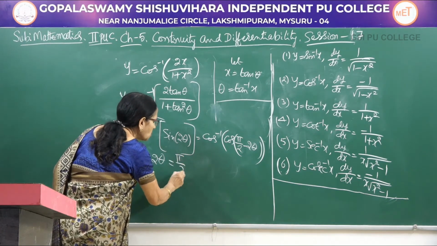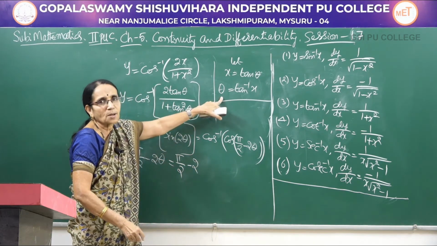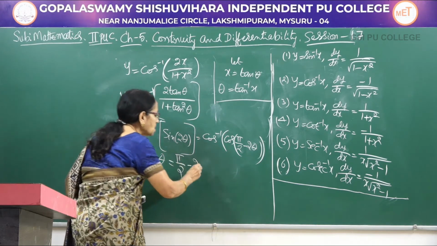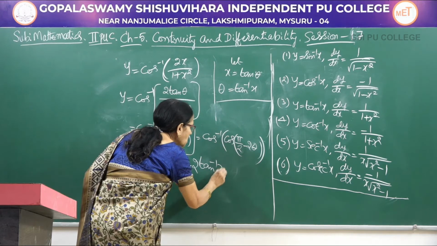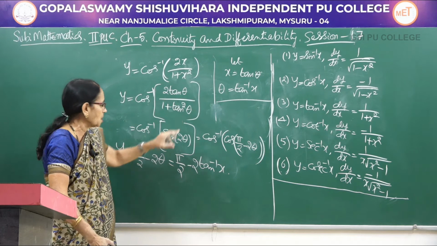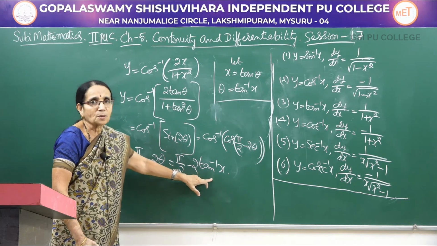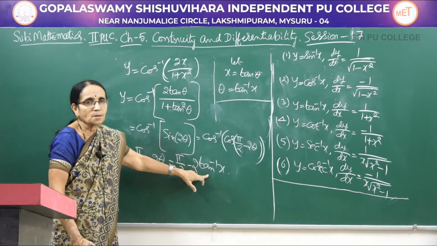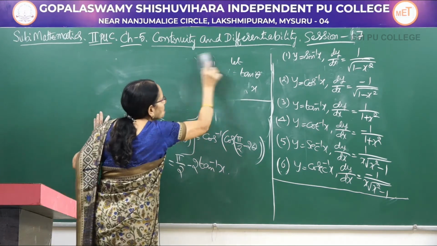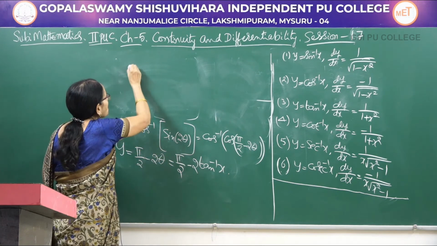That is pi by 2 you write as it is minus 2 into, now we go back to the assumption. Theta is our assumption to simplify the function. Now what is theta? You write here tan inverse of x. Now this is the simplified form. Look, we had quite a complicated function here. How has it become simple? y is equal to pi by 2 minus 2 tan inverse x. It was a composite function. This is a simple function. Now let me go for the differentiation. Now the function y is equal to pi by 2 minus 2 tan inverse x.